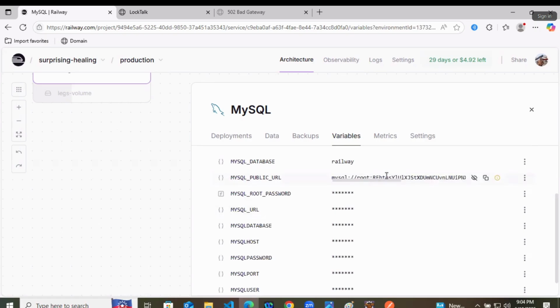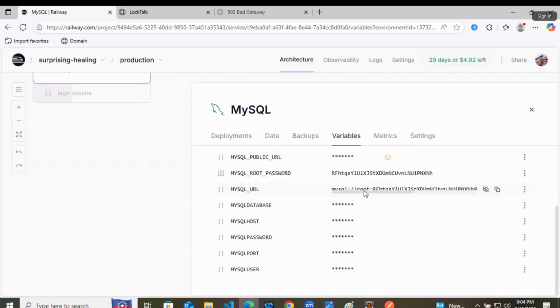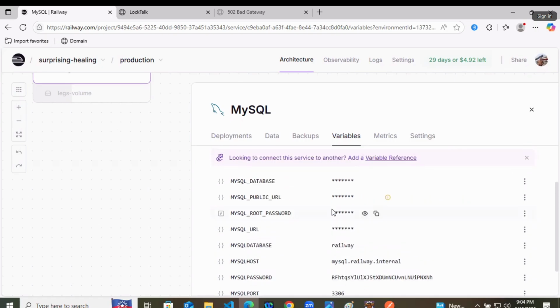This is the public URL you got directly. This is the password you got. This is the URL. This is the database name. This is the host name. This is the password again. This is the port number. This is the URL. So what I will do, I will just copy this particular public URL